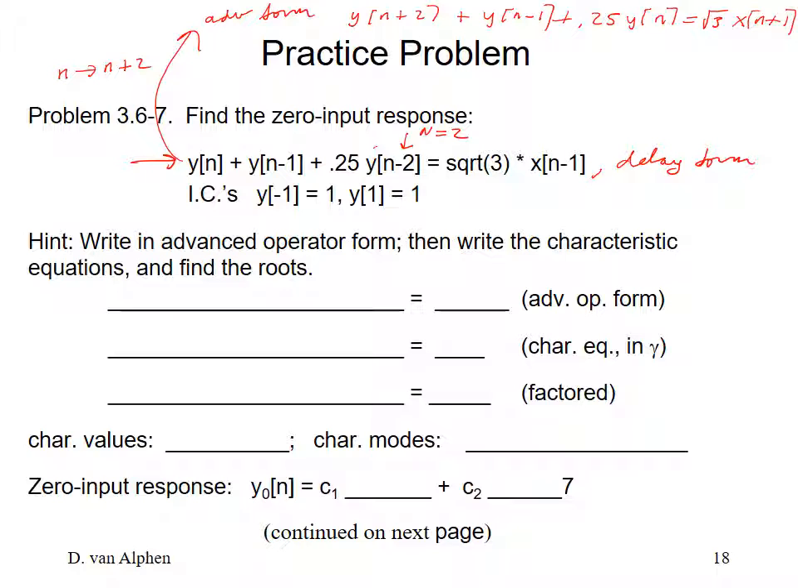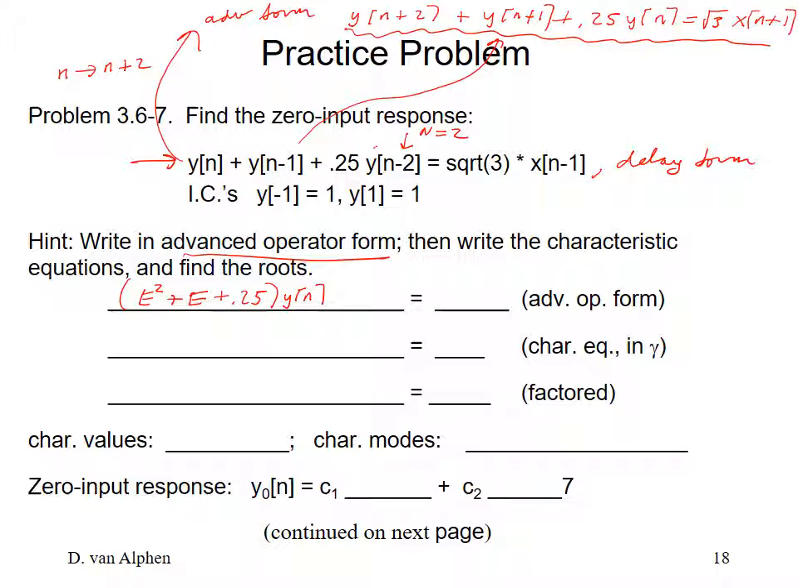Okay, so the question is, first write it in advanced operator form. So I'm going to take this now and write it in advanced operator form. So that's going to be E squared plus... I'm sorry, I have a mistake here. This y of n minus 1 became y of n plus 1, right? There we go. So E squared plus E plus 0.25 acting on y of n